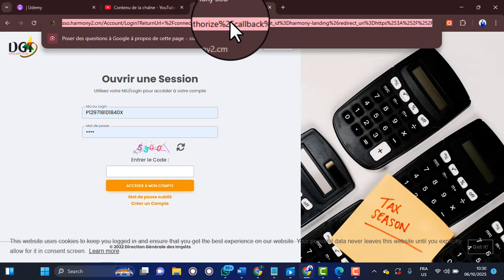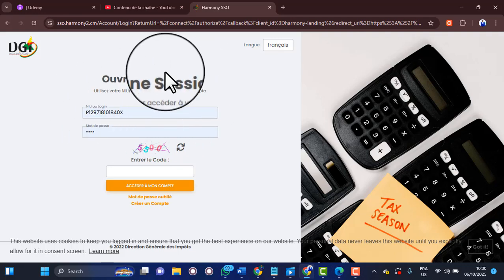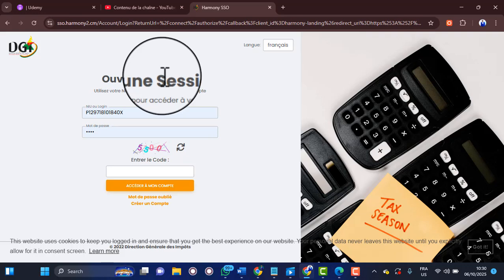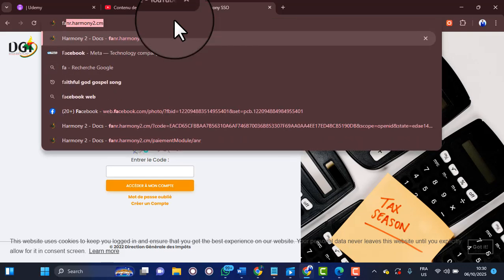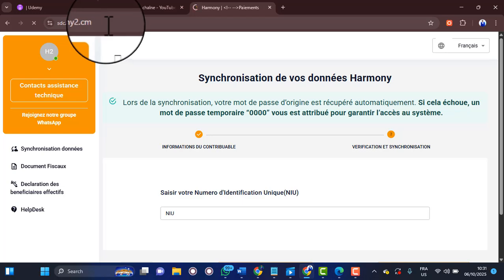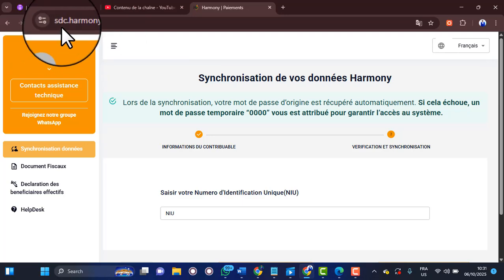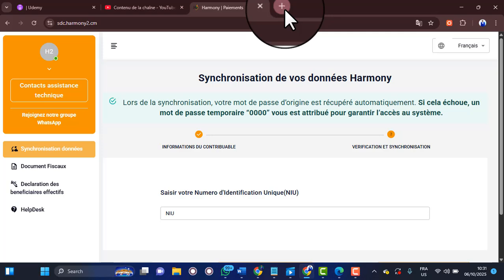But when you get to the home platform, you're supposed to see the different links to the different platforms where you need to first of all activate the account before making the ACF. But for you to activate the account, you need to get to this website, SDC Harmony 2. You need to get to this website in order to synchronize your account,